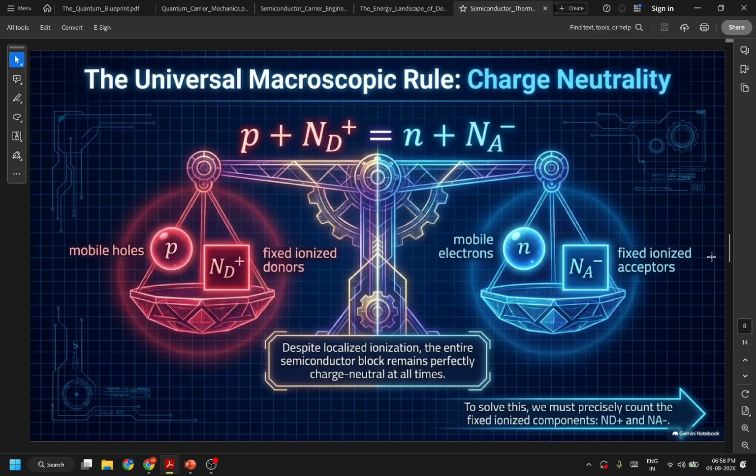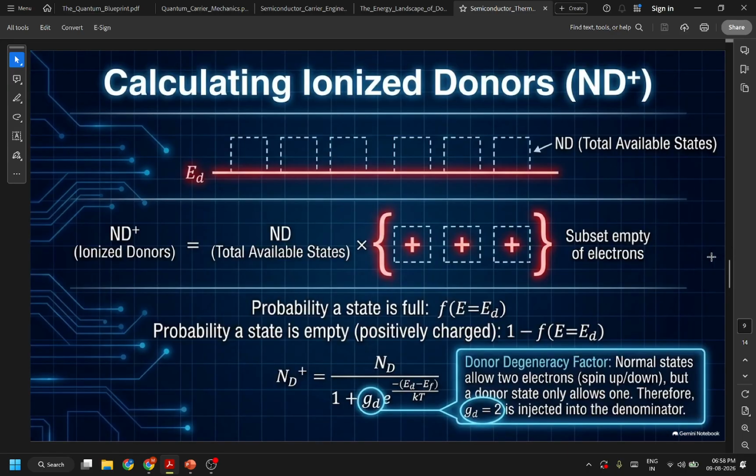So the macroscopic rule is charge neutrality, which is p plus Nd plus equals n plus Na minus. So despite localized ionization, the entire semiconductor block remains perfectly charge neutral at all times. To solve this, we must precisely count the fixed ionized components Nd plus and Na minus. So, calculating ionized donors,